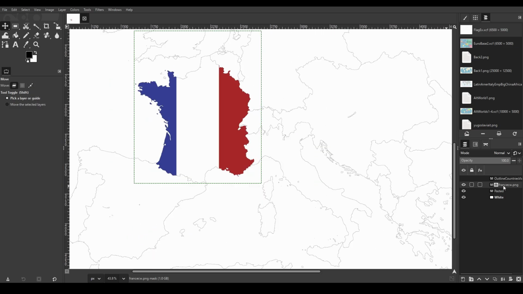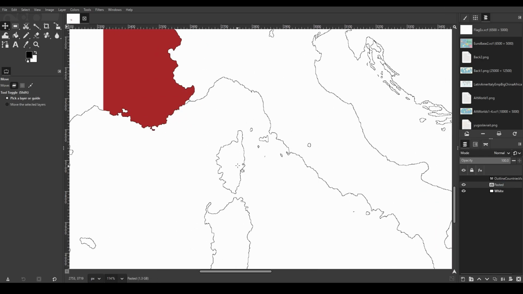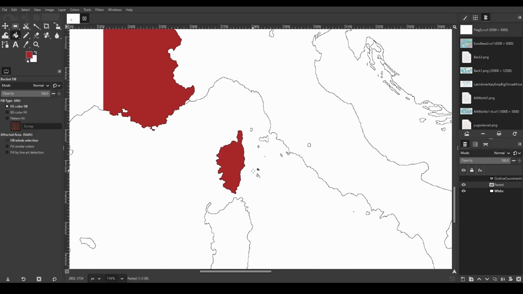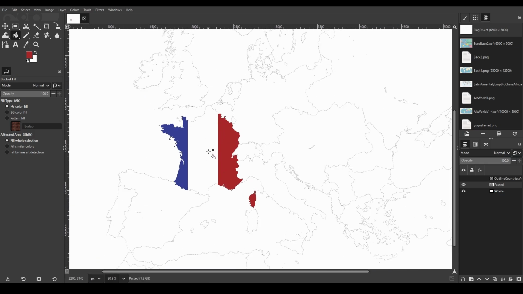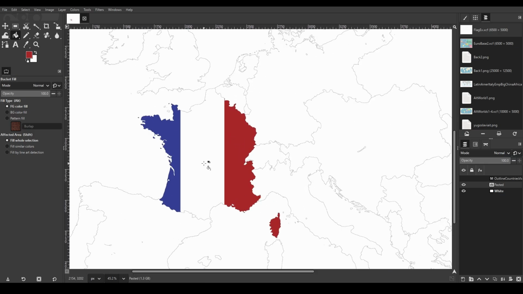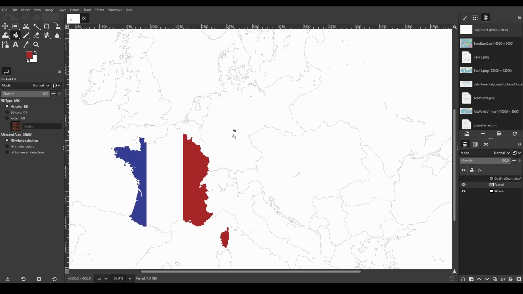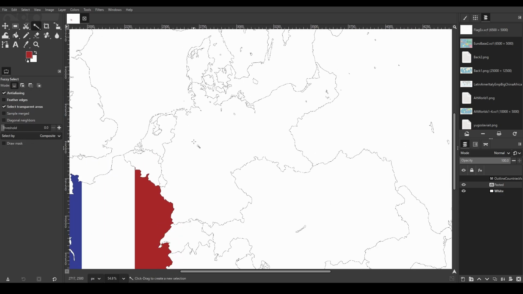So what I'd recommend doing now is have all of these flags on the same layer. So right click, W to merge down that. I'll just fill Corsica with the red for now. And as you can see, we've just got France now. So that's all fine. Now I'm going to do the same thing for Germany, but I'll just run through it